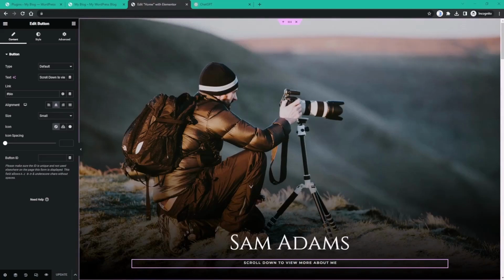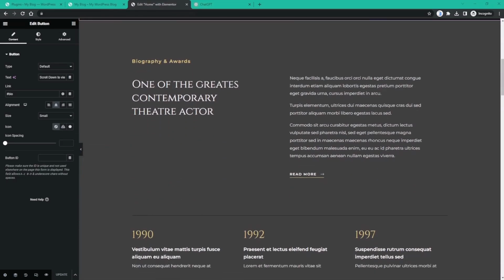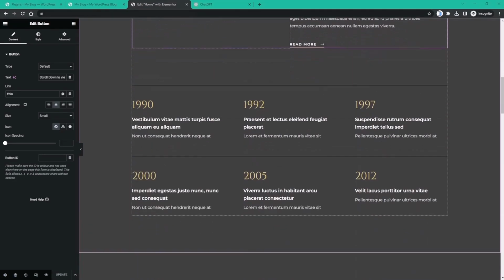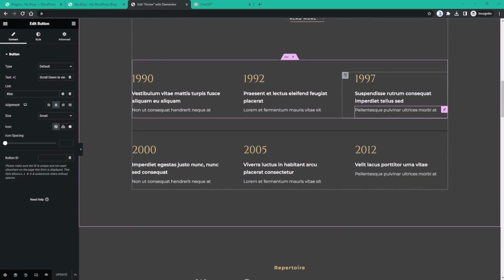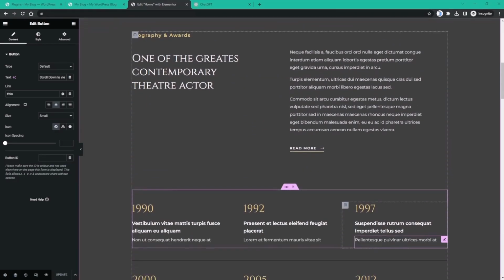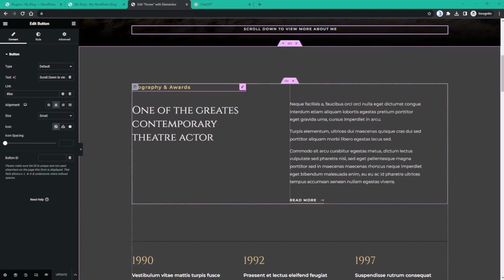So let's continue with our tutorial over here. Let's scroll down to the next section. Here we have an area to put perhaps a small biography and a couple of awards that were won. And as I've mentioned earlier in this video, I'm going to be using ChatGPT to help me with all of this. And for yourselves, feel free to be inspired and write your own text, or perhaps ask for some help with ChatGPT. So here we have biography and awards,